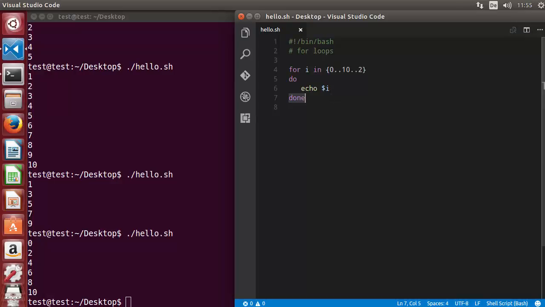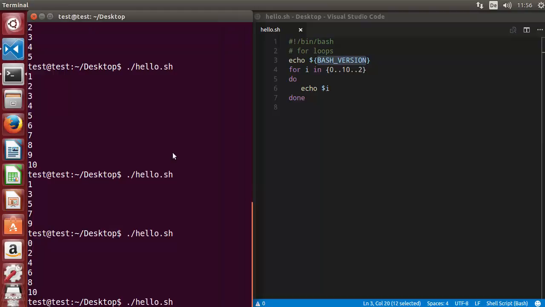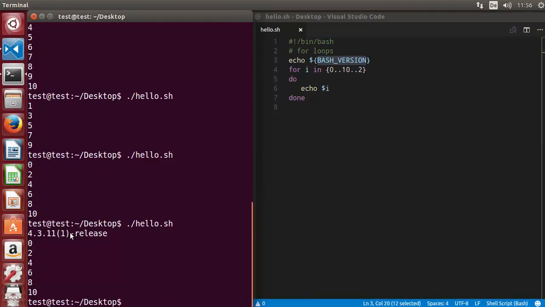Now you may ask how we can know the version of bash we are using. This is pretty simple. You can just echo it by using a keyword called BASH_VERSION. This is the keyword which you can use to print the version of bash. So once again, I run the script and I can see I have the bash version